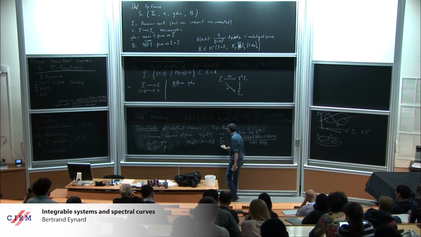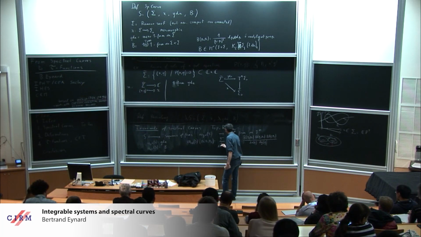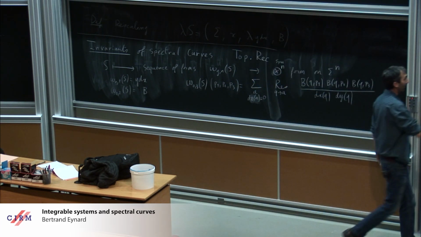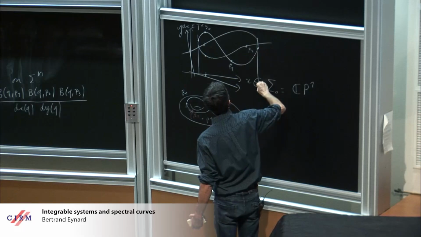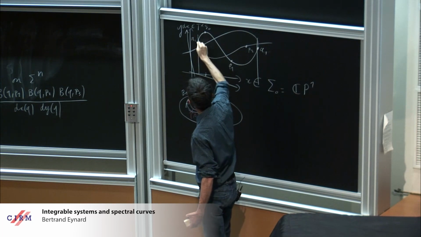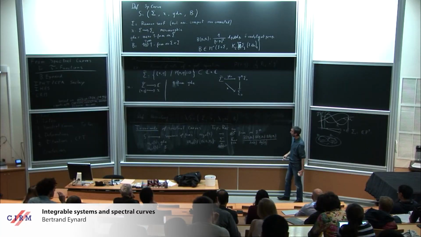And A are the branch points, the ramification points, so they are the points such that dx of A equals 0. A are in fact those points where the tangent is vertical. So this is an A, let's say A1, A2, and so on. So you just make the sum over all of them, and you get omega 0,3. So you just have to evaluate a residue. It's a very simple formula.